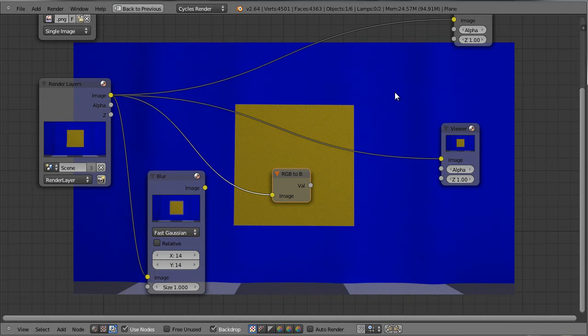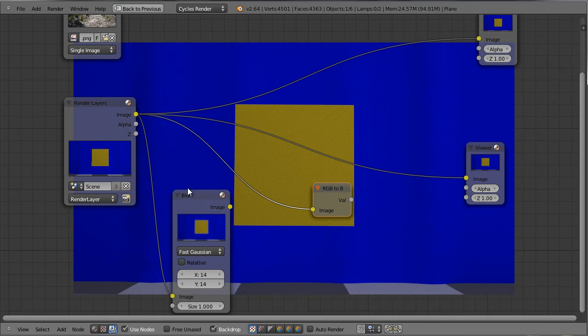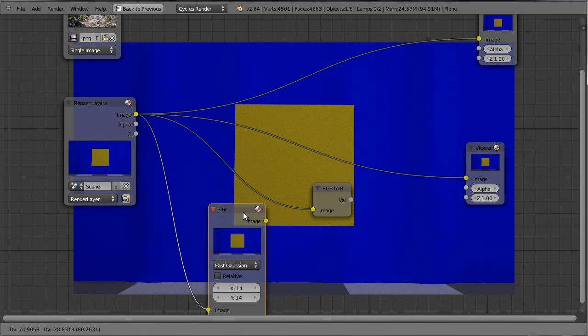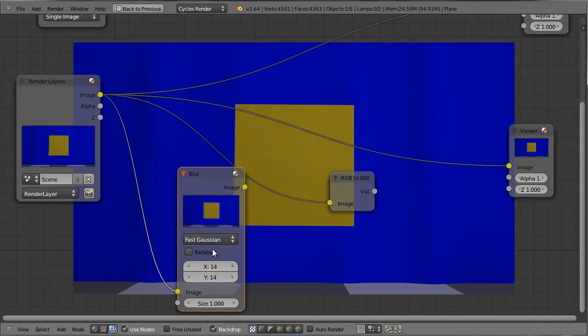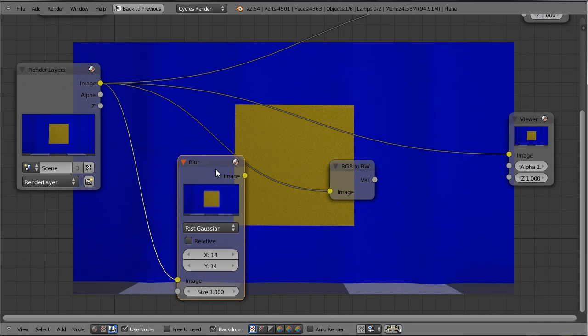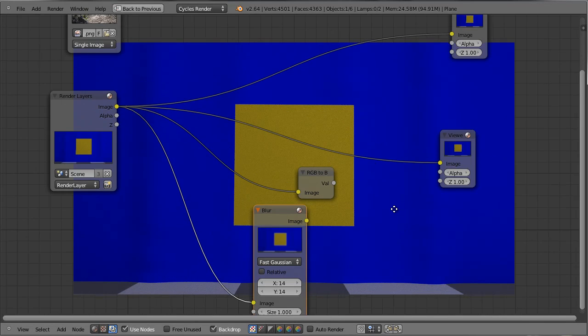I have added an RGB to black and white node, so I have turned this into a grayscale image, and I have also added another version of our original scene, which uses a fast Gaussian blur,